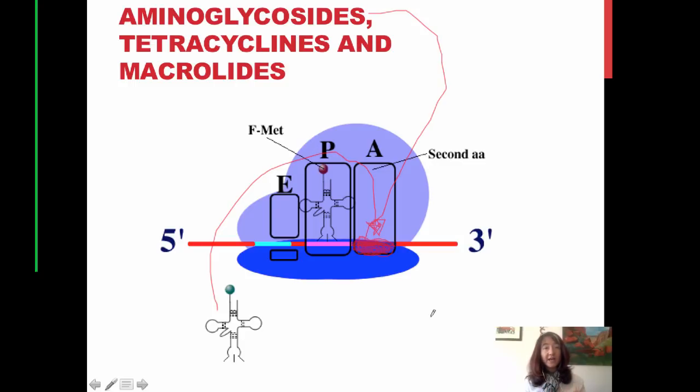Antibiotics that are aminoglycosides are often used to treat gram-negative bacteria that respire. So if you're thinking about some of the gram-negative bacteria like E. coli, that is a respiring bacteria. But then also, if we think about things like Yersinia pestis, the one that causes bubonic plague, the aminoglycosides like